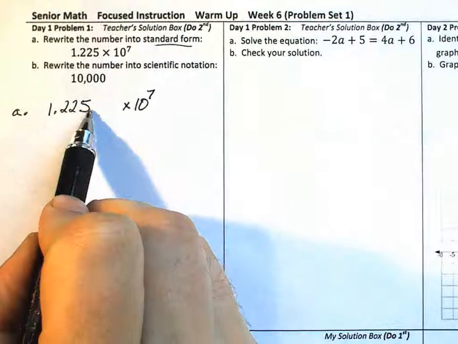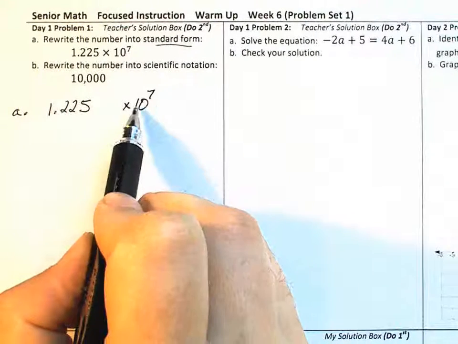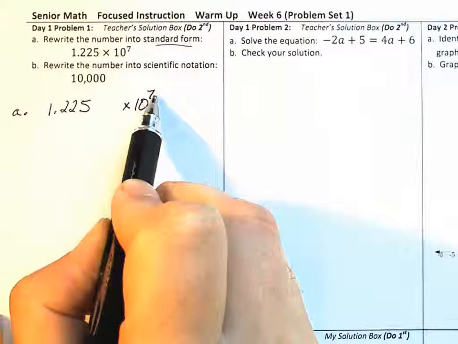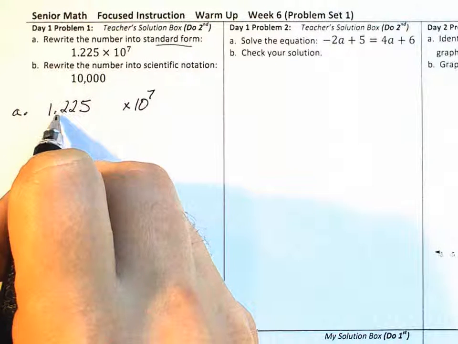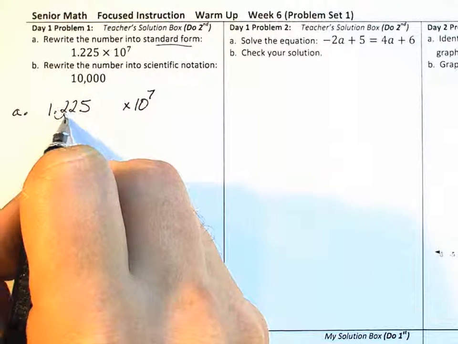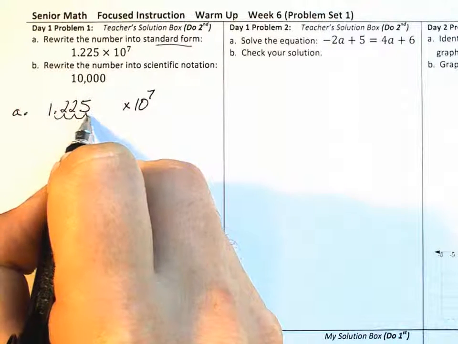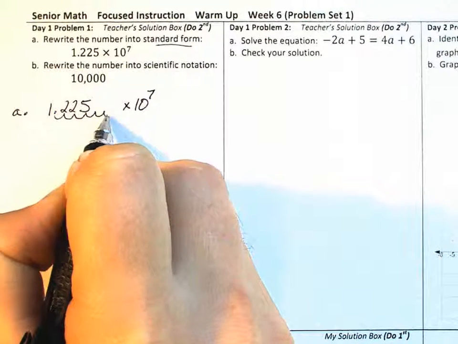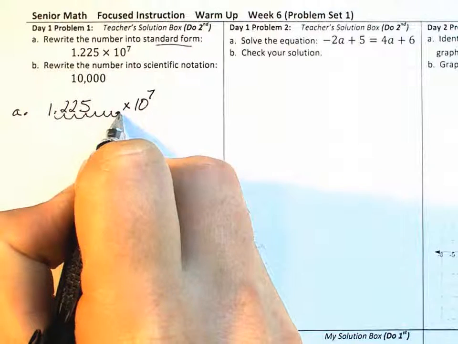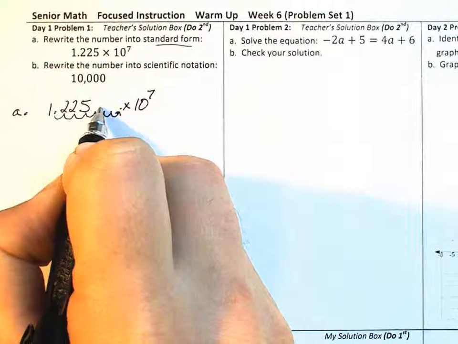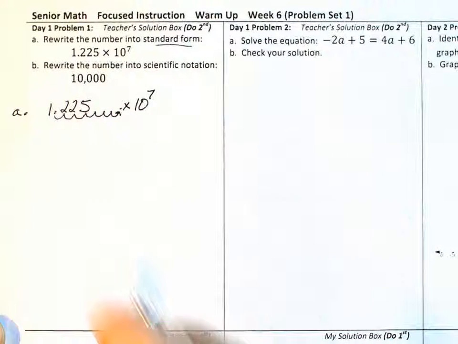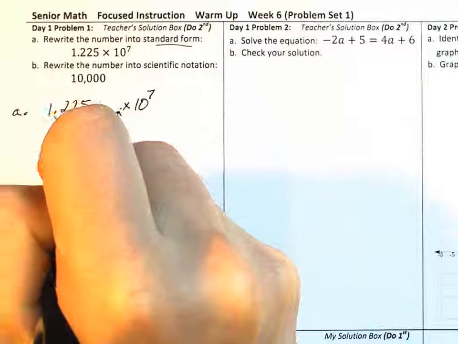Now the reason I left a little space here is because I'm thinking ahead, what's going to happen when we multiply by 10 to the 7th power? That's going to move the dot 7 spots to the right. 1, 2, 3, 4, 5, 6, 7. The decimal point ends up here, and all of these spots are going to require placeholder zeros. That will create the number 1,